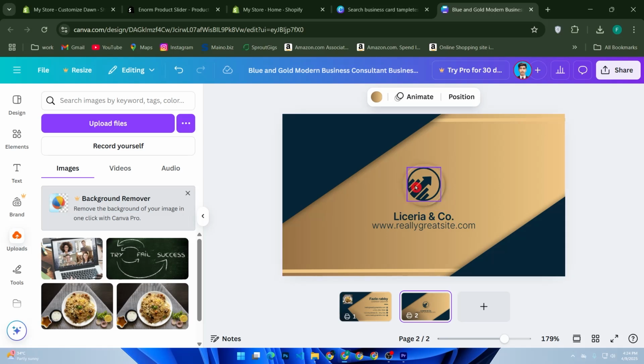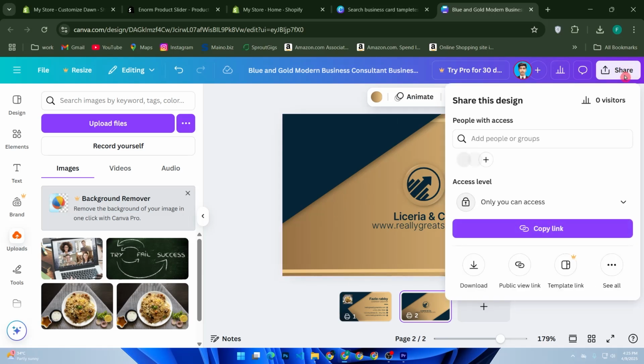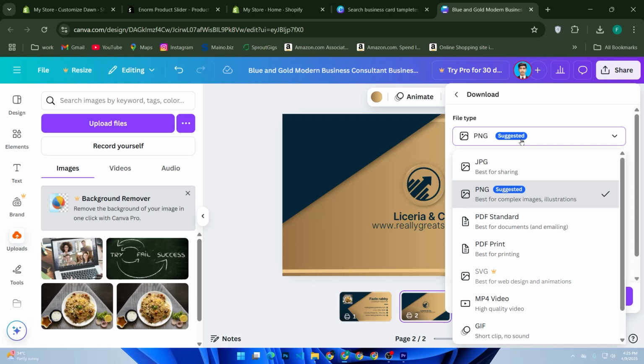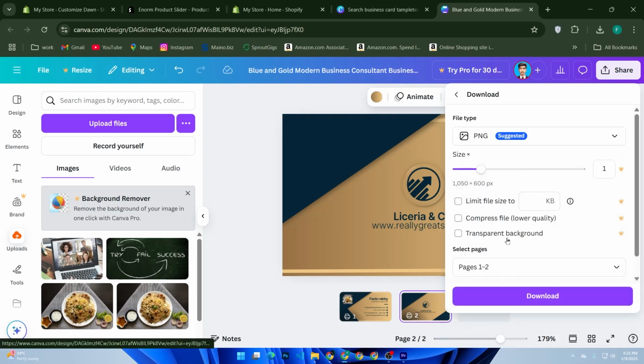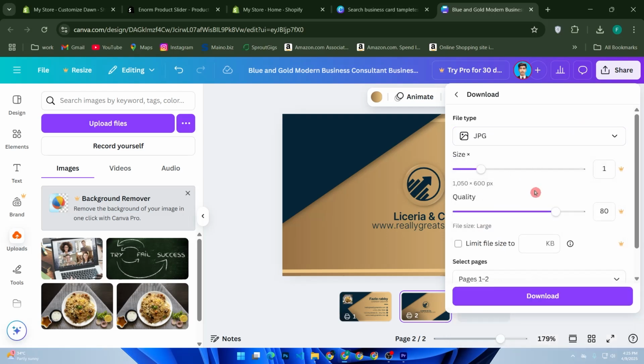Once you are happy with the design, it's time to save your business card. Most platforms let you download the card in formats like PNG, PDF, or JPG. So click on the share button for Canva, then select download, then select PNG or JPEG for your card, then download your card in high resolution